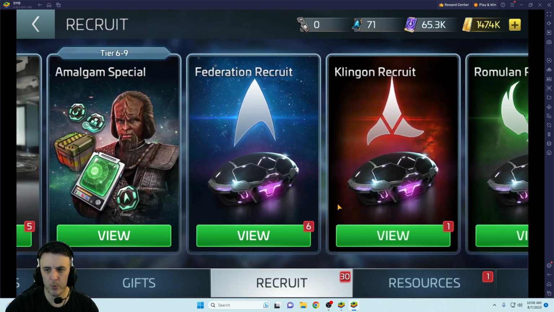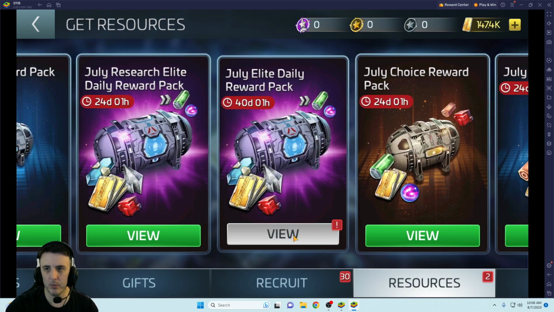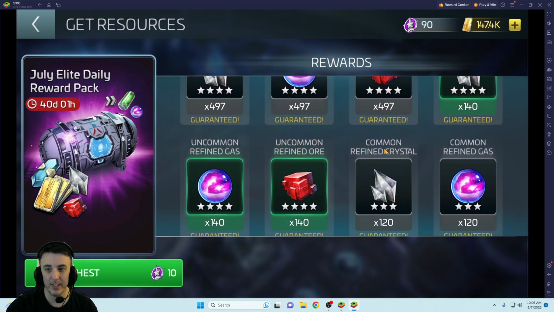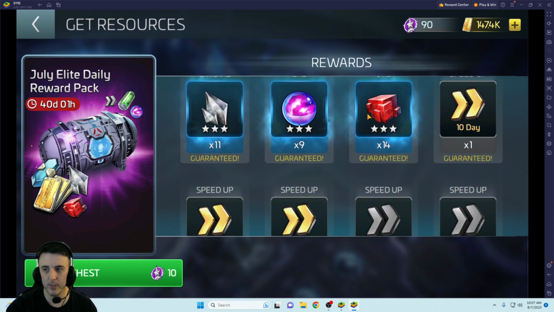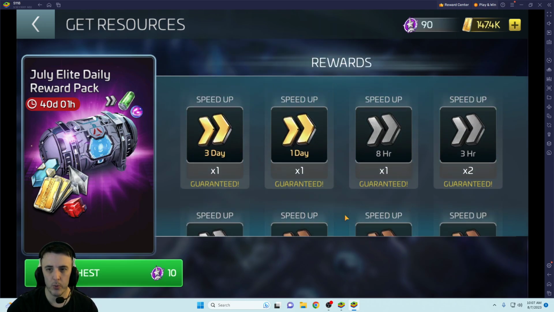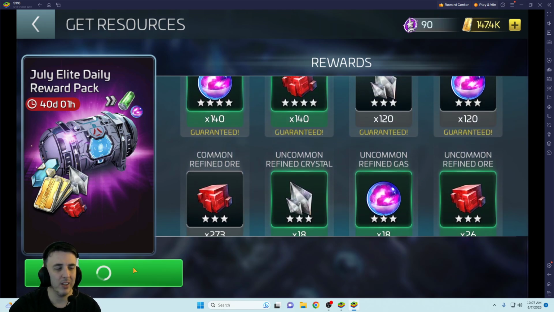None of this stuff should have changed with recruiting. Resource bundles, yes, this should have changed. Now my elite reward pack here, you can see I went from 5,500 Latinum up to 9,000 Latinum. Now I'm getting 800 million Parsteel. That is a huge upgrade from previously. And I am now getting also 4-star materials in here instead of just the small amount of 3-star materials that I was previously getting. Speed ups have also increased. There's a 10-day speed up in there now as well. And the 2-star and 3-star commons and uncommons are still available as well. So by claiming this,